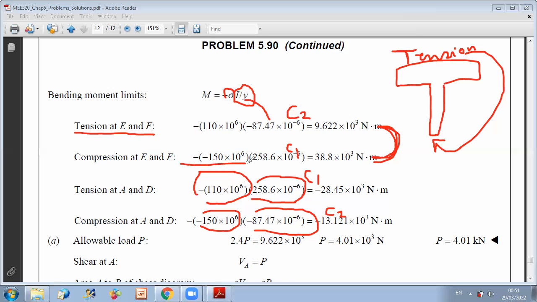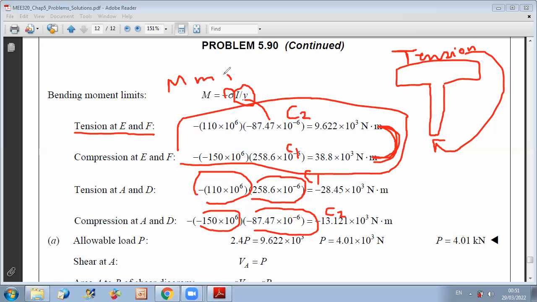For the analysis of M max positive, M max positive should be smaller than 9.622 and smaller than 38.8. Which one is more critical between these two? This one is more critical. So you can be sure that your maximum positive bending moment should be smaller than